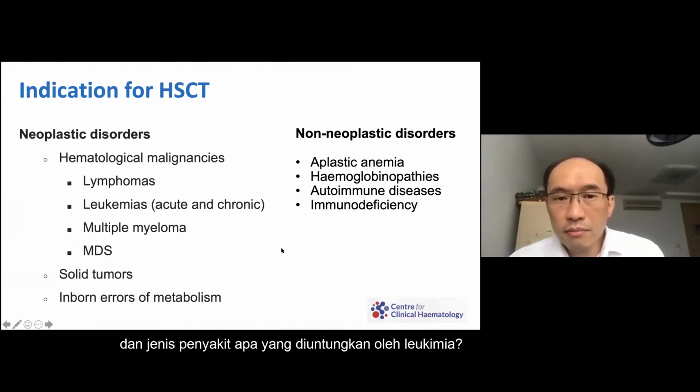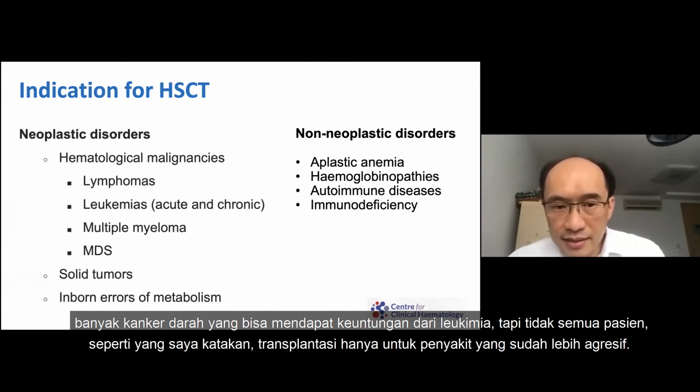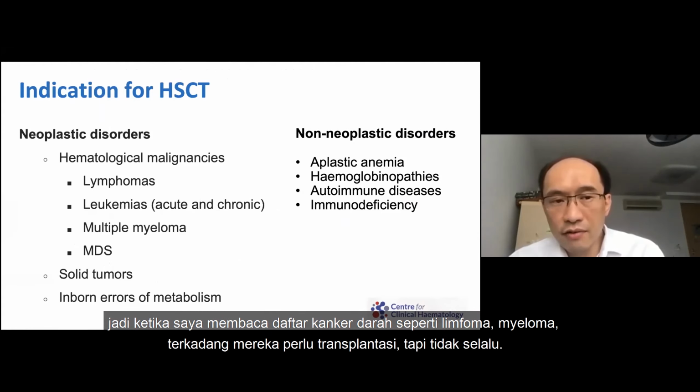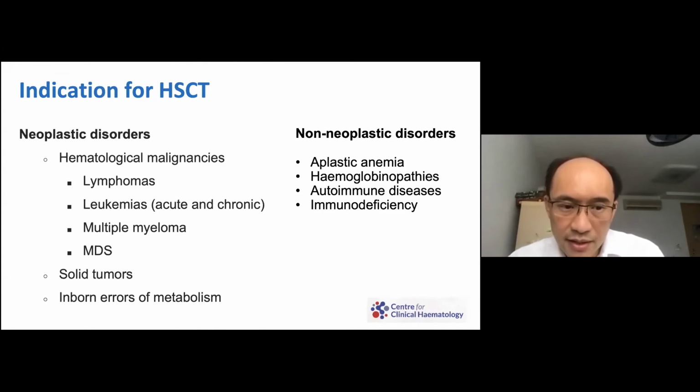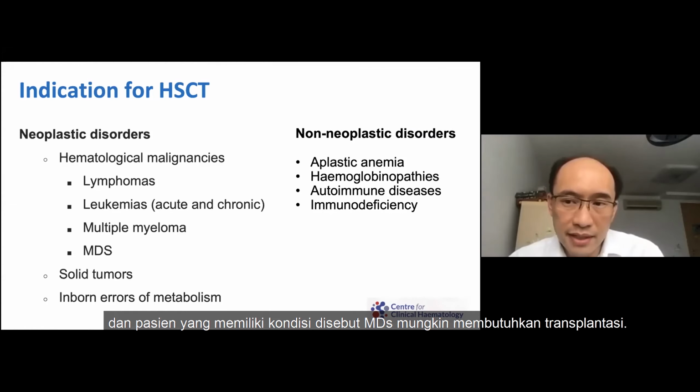And what kind of diseases benefit from a transplant? A lot of blood cancers can benefit from a transplant, but not all patients, as I said, need to have the transplant, only the more aggressive types. Yeah. So when I write the list here of blood cancers like lymphomas, myeloma, sometimes they need a transplant, not all the time. Many acute leukemias, though, may need a transplant, and patients with a condition called MDS may need